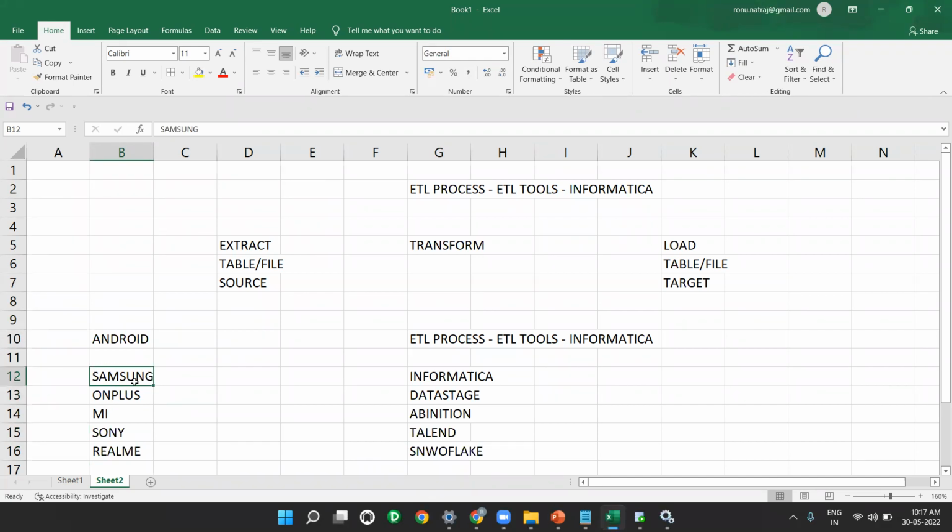If I use both, suppose I use Samsung and OnePlus, then I can compare them. I can tell whether OnePlus is better than Samsung, or Samsung is better than OnePlus. If I don't use both, how can I tell? We can't. Do you agree? Same way, if I ask why you want to use Informatica, it's because my client is using Informatica,